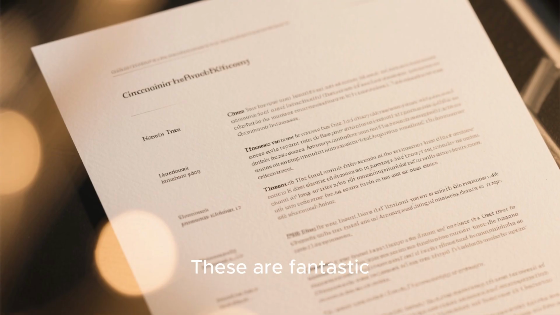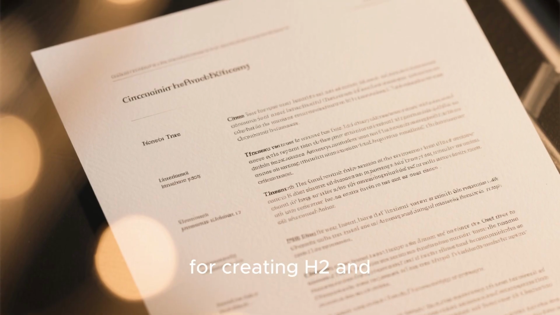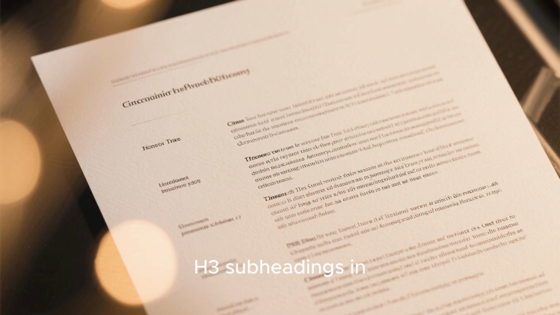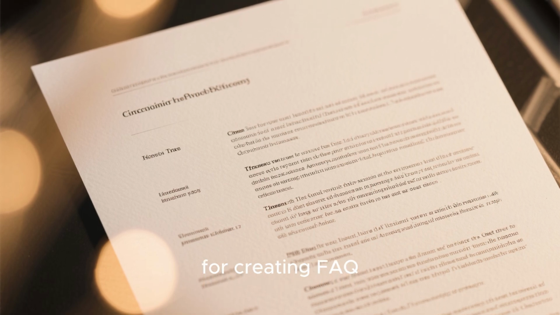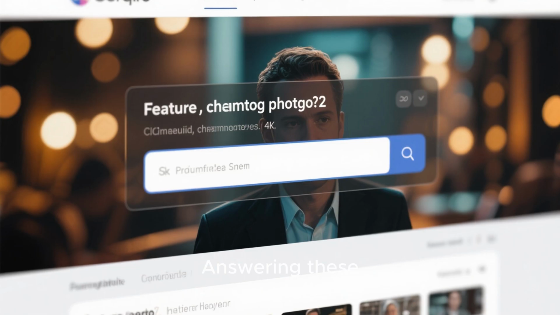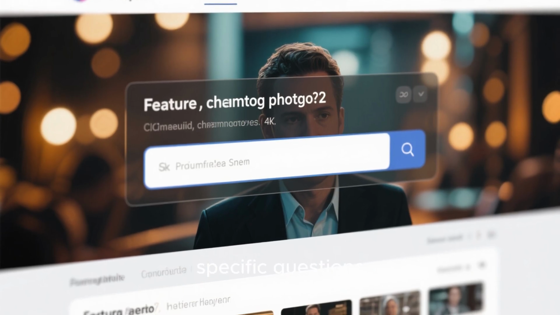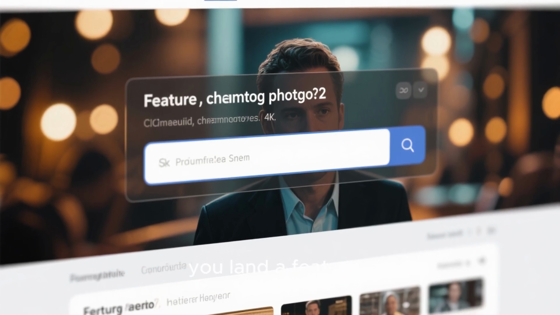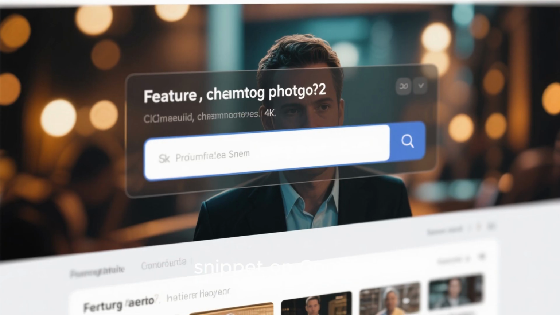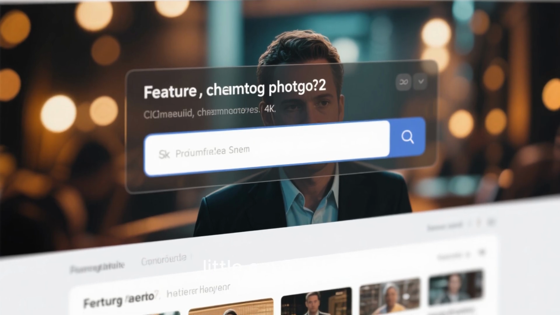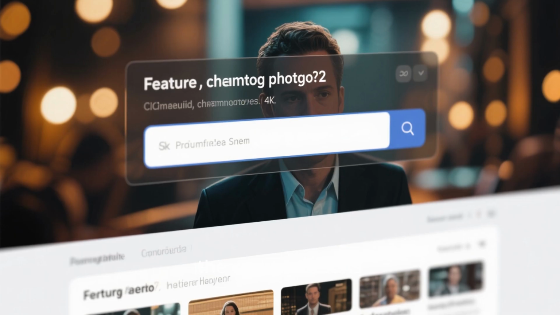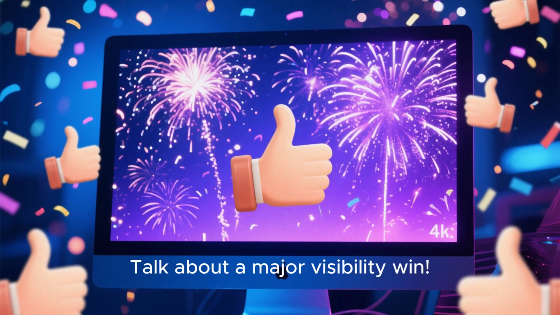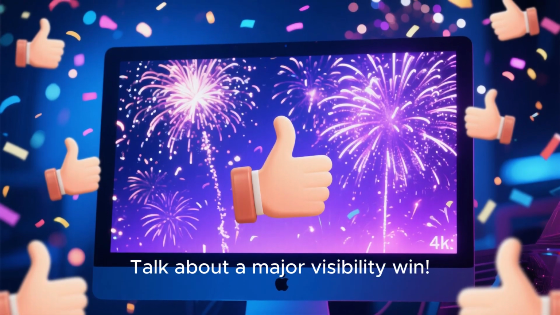These are fantastic for creating H2 and H3 subheadings in your article and for creating FAQ sections. Answering these specific questions directly can help you land a featured snippet on Google, which is that little answer box at the very top of the search results. Talk about a major visibility win.